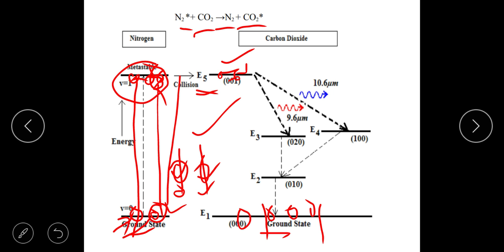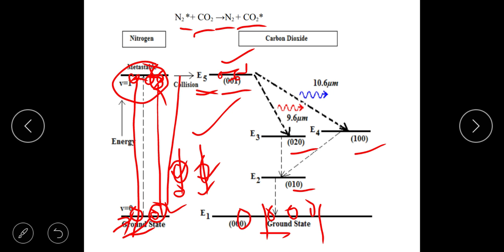population inversion. Since this is metastable, their atoms will stay longer. By collision, they will give their energy and de-excite, and CO2 molecules get excited again. Okay, so now the population of CO2 increases rapidly, and these levels are designated, as I told, by these levels. Once the population inversion is established in E5,